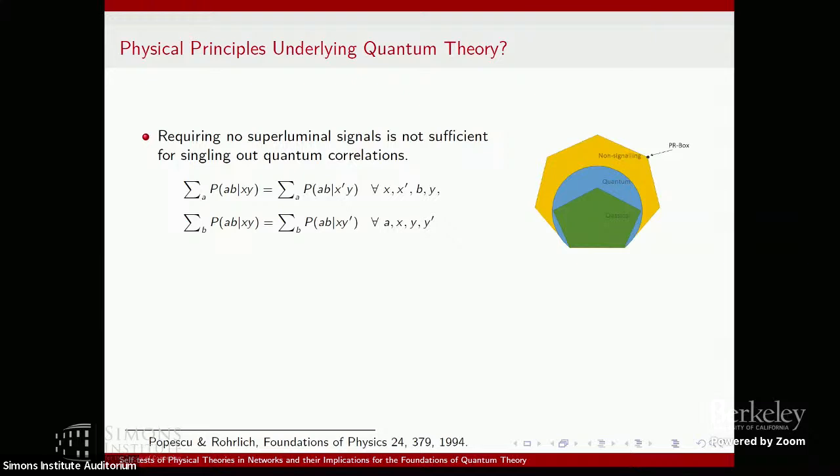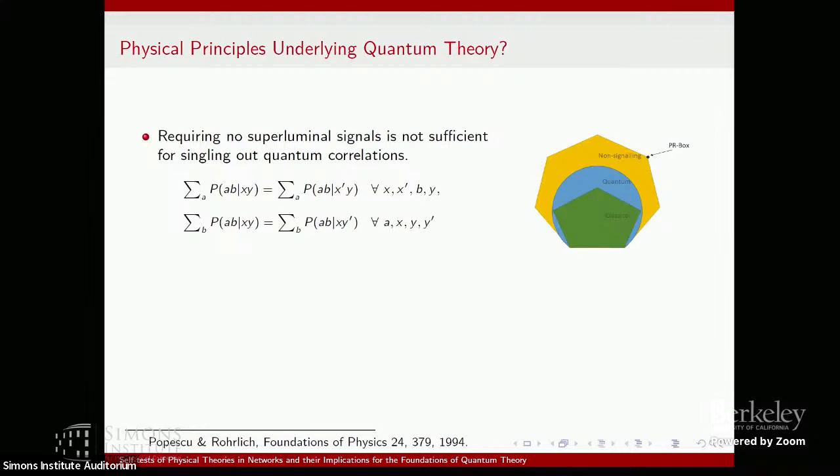So you can go beyond quantum theory, but still be compatible with special relativity, because you still have the right independencies, you can go further. Okay, and then this caused a whole research direction to emerge, I would say, where people were looking for ways to argue why we're actually observing quantum theory and not one of those other theories, which could also make sense. And there have been many principles people have then proposed to actually recover the quantum predictions.